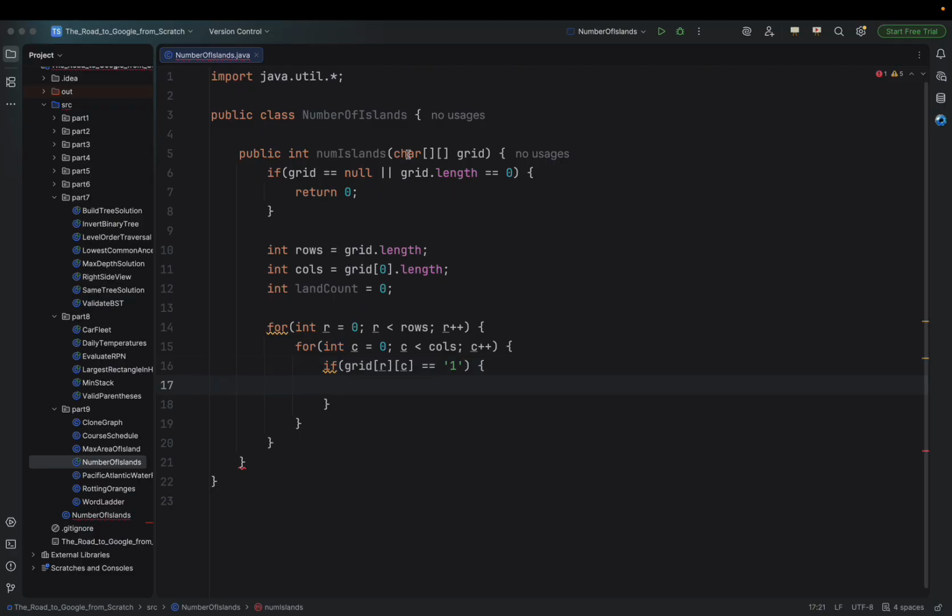Also it can be int, but in that case we have chars. So if it's equal to 1, then in that case let's increase our counter, land count,